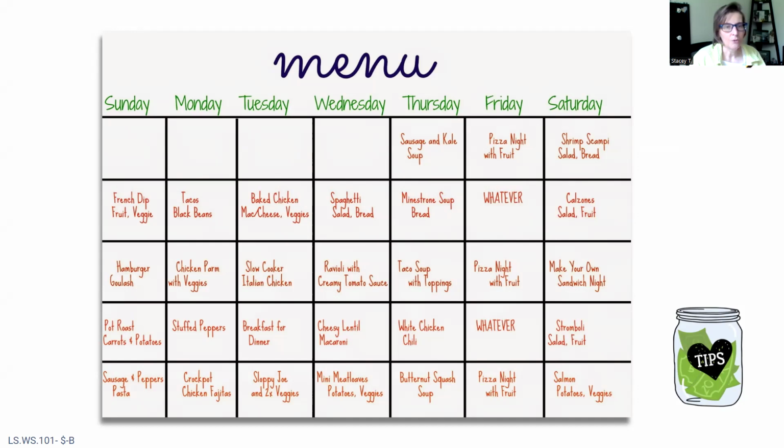You want to base your menu on what's happening, because you're not going to want to make some 7 course meal on the night that you've got soccer and ballet. You know that Thursday night is going to be like, you make yourself a sandwich and then we gotta get out the door, or it's McDonald's night, or however you want to do that.